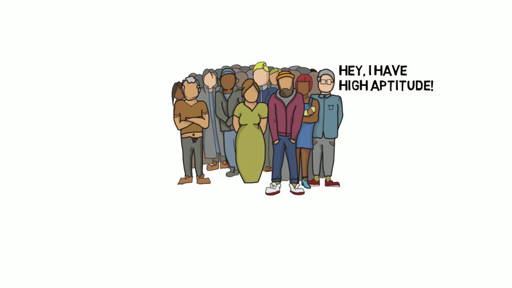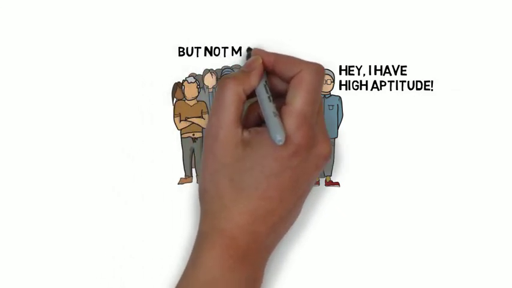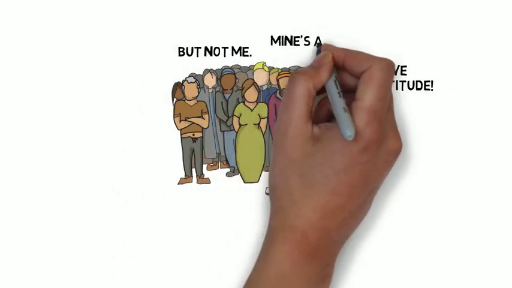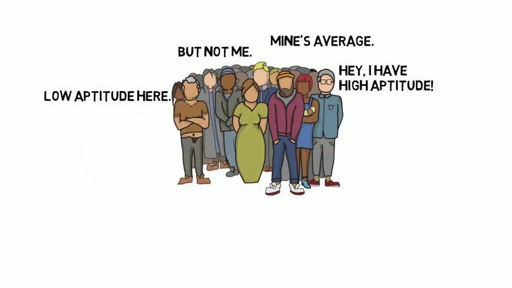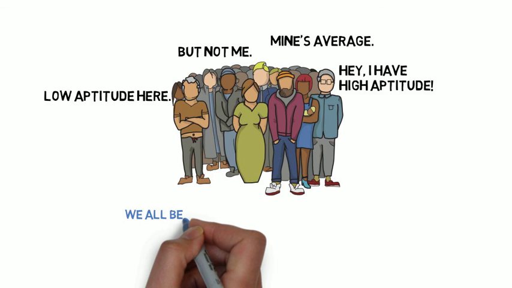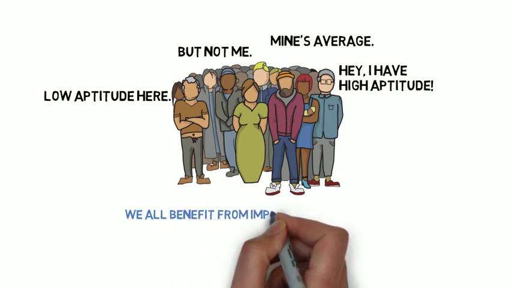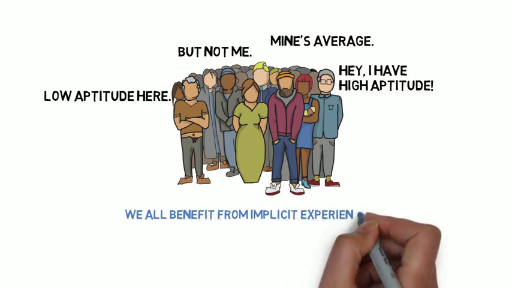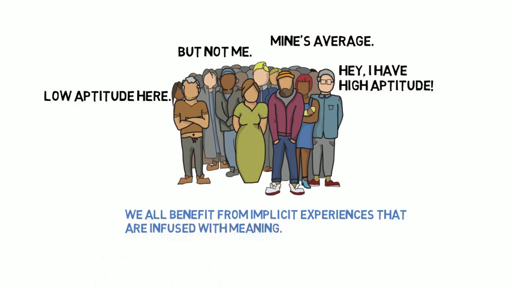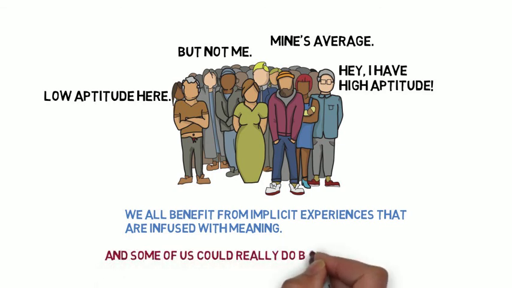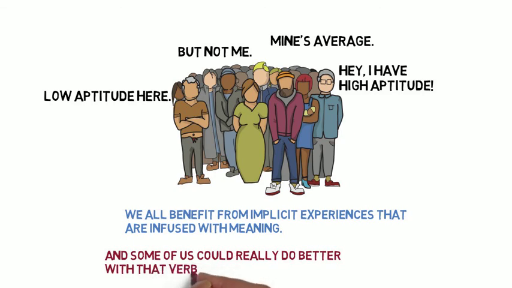On the other hand, we don't know how many of the learners in our classes at any given time have high aptitude, and we shouldn't be teaching only to those high flyers, the ones who are just like us. On the other hand, engaging implicit experiences infused with meaning are almost sure to benefit all our learners. So those should occupy most of our classroom. But if a student raises his hand and asks why all the verbs are ending in N, there's no harm in a brief explanation. And for a learner with high aptitude, it could actually help in the long run.